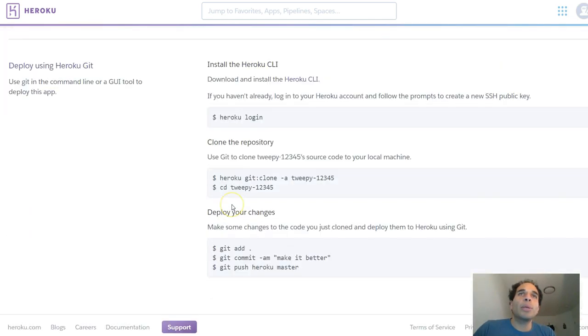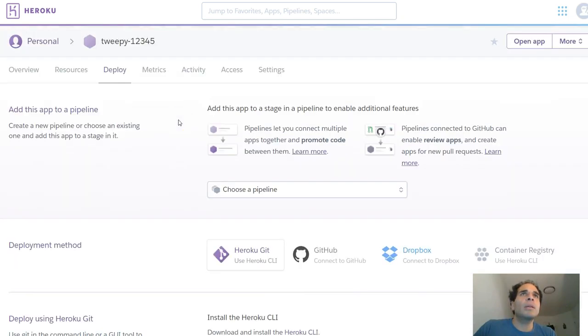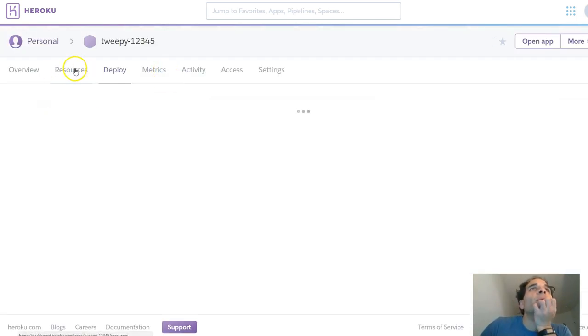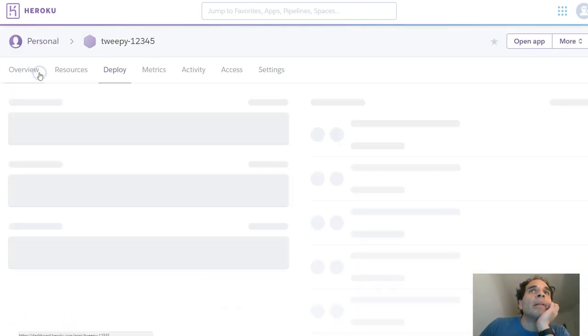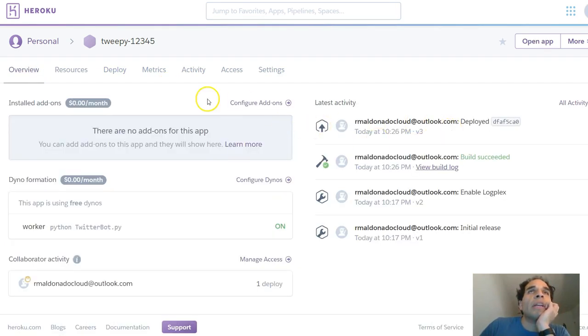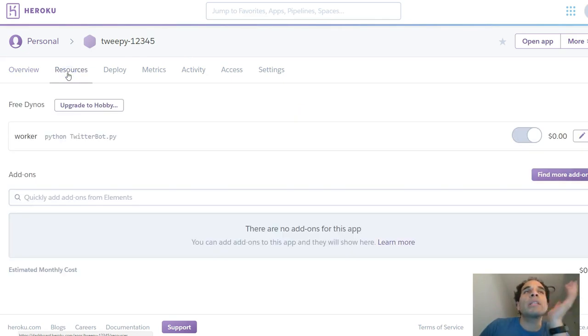Yeah, Heroku Git is already set up, so we're going to deploy using Heroku Git. I'm trying to see if there's a way to automatically deploy some changes, but I guess by default these changes are uploaded automatically. And so you're maybe asking yourself right now, well, how do I keep this open indefinitely? With the free account, from my understanding, your application will run for a max of 30